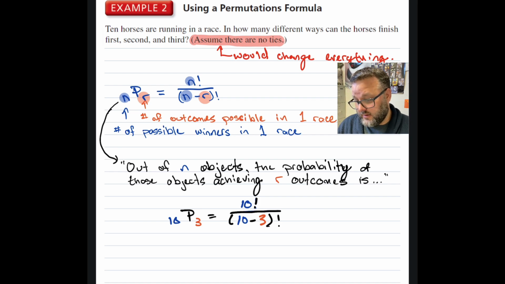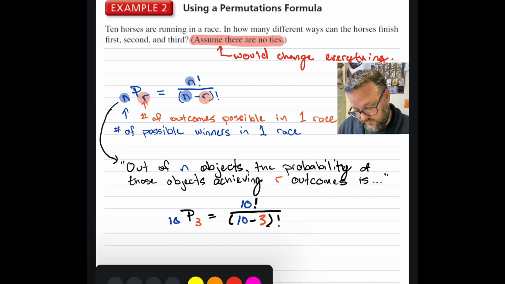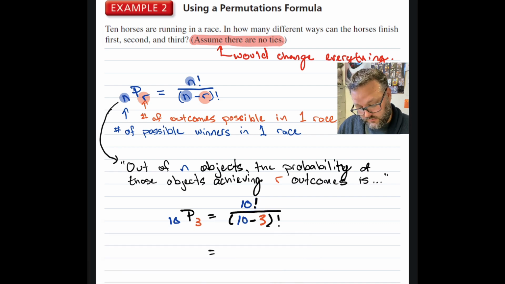And when I do that, I'm going to find that 10 factorial I don't want to process yet. I'm going to show you why. So it's going to stay the same. But 10 minus 3 I do want to process. That's going to be 7, and I'm left with that factorial. Now 10 factorial